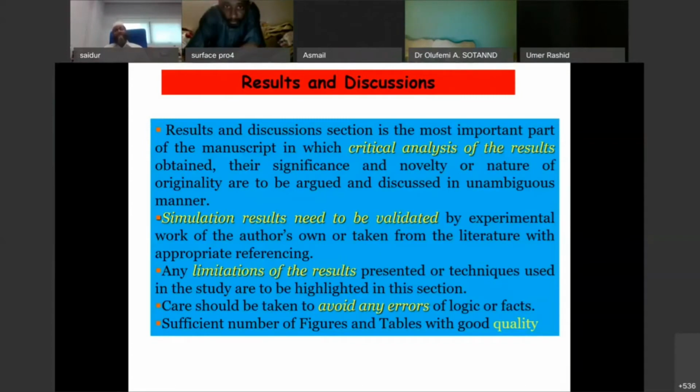But again, if reviewers are experts, they will check and validate, they can verify. So always try to be professional. Don't hide something. If you don't understand, if you are not clear, these are the purposes where you also need to do collaboration. We are not very strong in our group at modeling simulation. So that's why we invited some strong people from Saudi Arabia and India. They are making our work very, very strong. They are happy, we are happy, and in the end, we can manage to publish in a good quality journal.